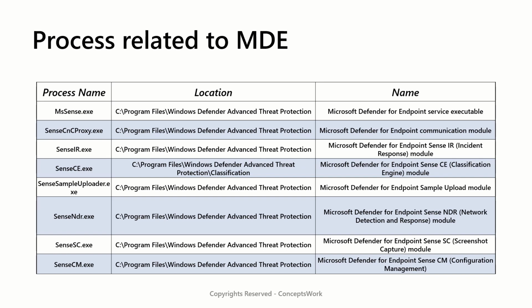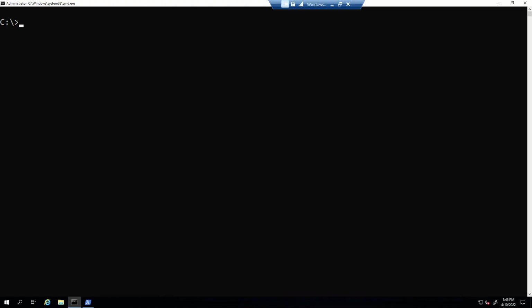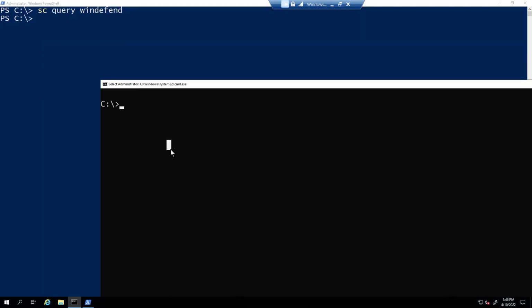Now let me show you the entire workflow that you can use to make sure your Windows Server 2019 machine gets onboarded to MDE. So now let's talk about the workflow end to end, wherein the first step is to go ahead and verify whether the AV service is installed and running on the machine which we are trying to onboard. So what you see now is one of my servers, which I will be onboarding, and the host name